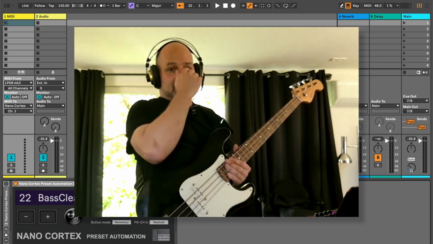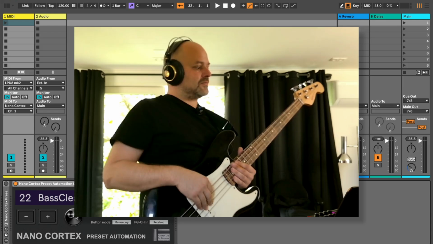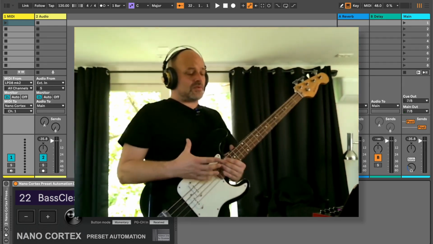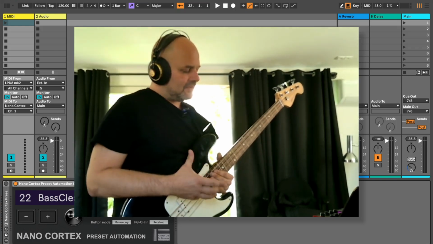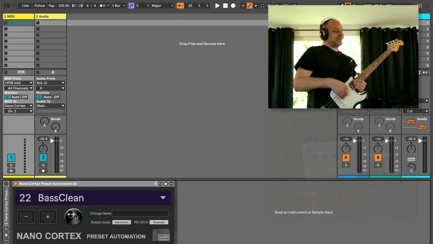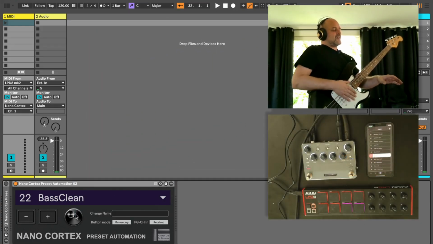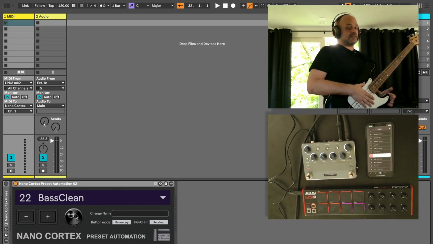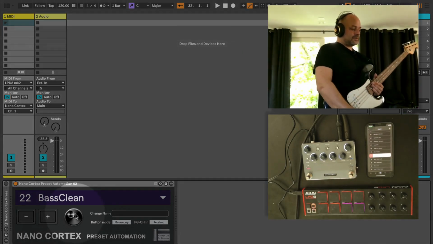If you're using tracks in Ableton Live, you can just quickly go to a different thing here, and that's exactly what I did now for the Nano Cortex. For the Nano Cortex, it is even a little bit more interesting because you don't get a lot of menu and you don't get a lot of access. You only can select 4 presets natively, but with my